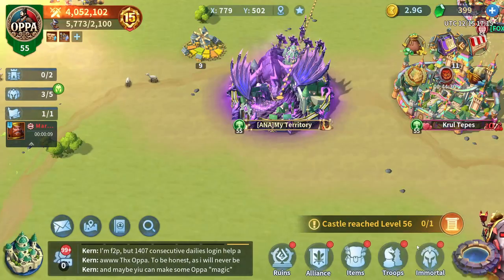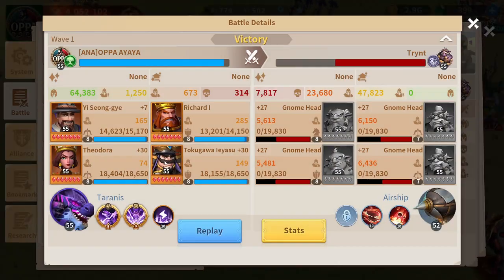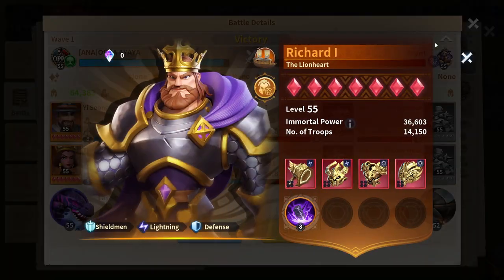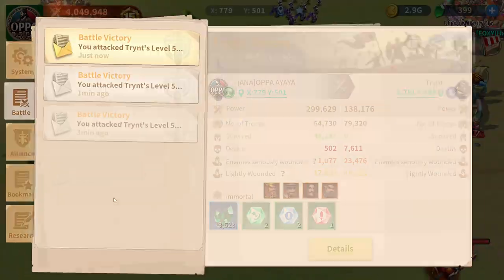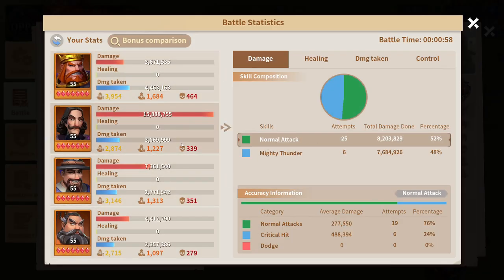So unfortunately, in the last report I had Tokugawa on all the skills, so that shouldn't be there. So we couldn't showcase it probably. So see here, you lose a little bit more due to no skills, but here you're going to carry, and you're just going to have Yi Seung-Gye as a secondary damage dealer. This is kind of like the thing a lot of people might go towards during the beginning of the game. So yeah,